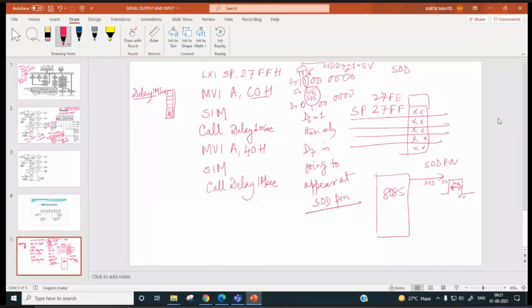Now, if I do CALL DELAY 1 millisecond, then if I write this, sorry, JMP BACK, and back will be here, and here you will have HLT. What exactly is this program going to do?